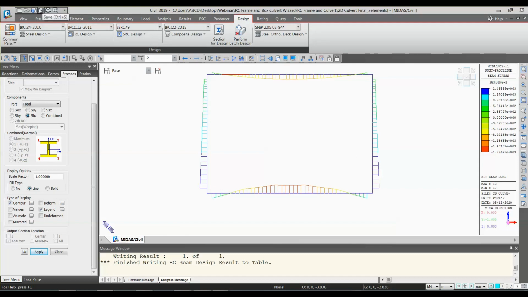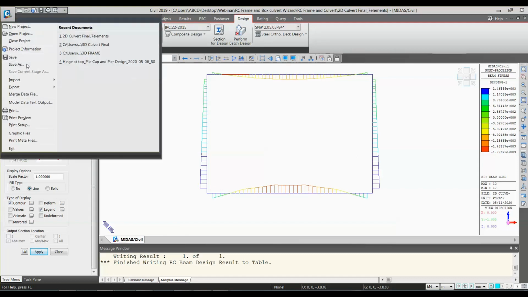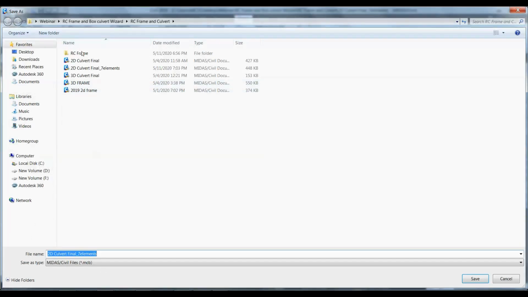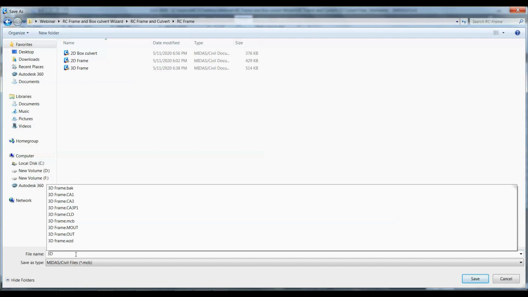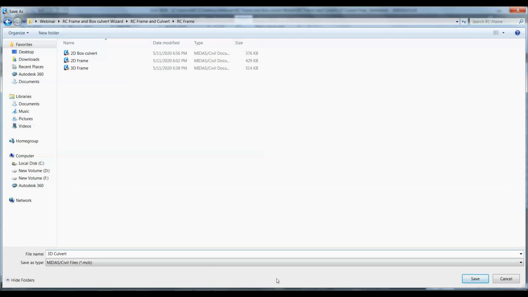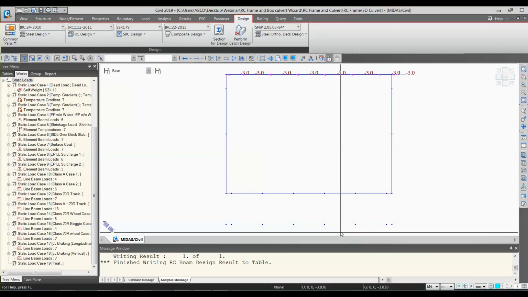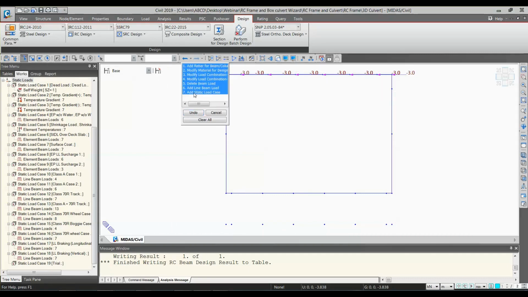Let me save this, and I'll save as 3D frame, oh sorry, 3D culvert. Okay, now let me undo everything.